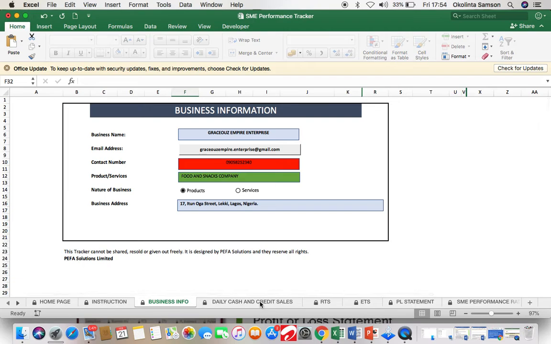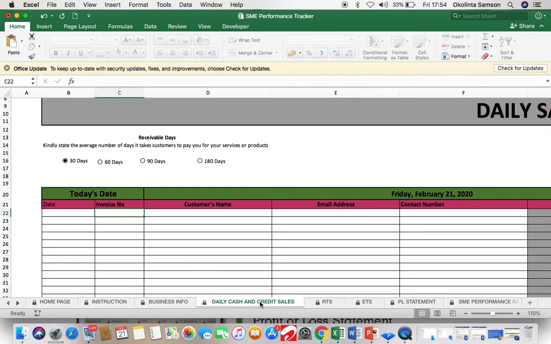Also, this is actually where your work starts. As you make your transactions, as you go about accepting cash and credit sales, you are expected to keep track of them. So every day as you make sales, you come in here and input the date and then the value of sales. So let's say on 21st of February,